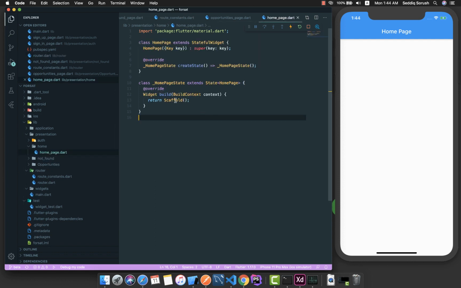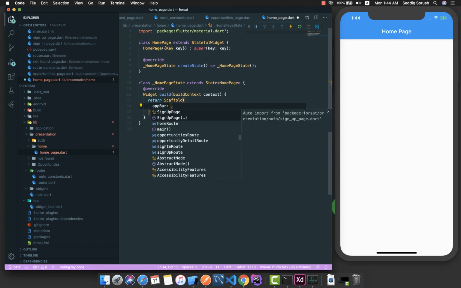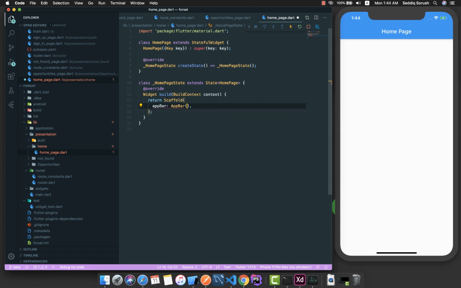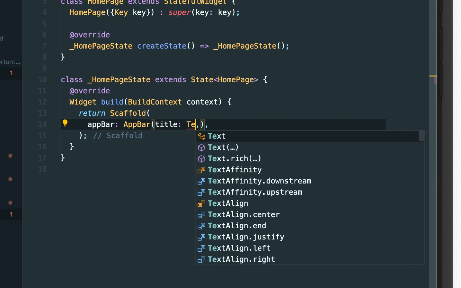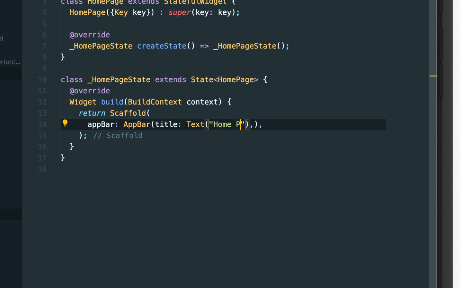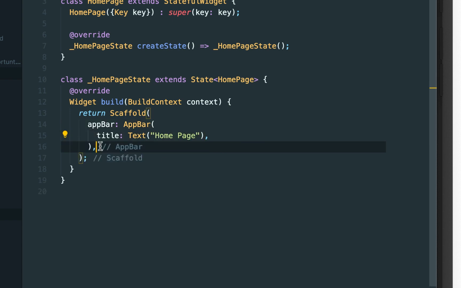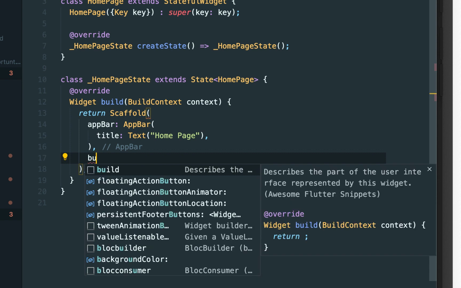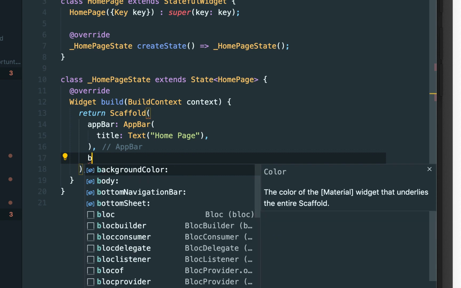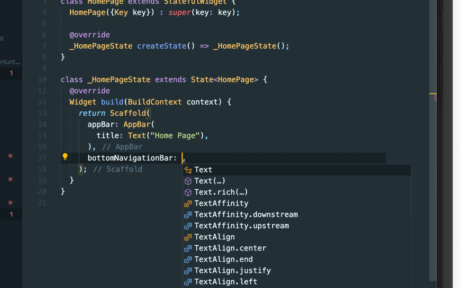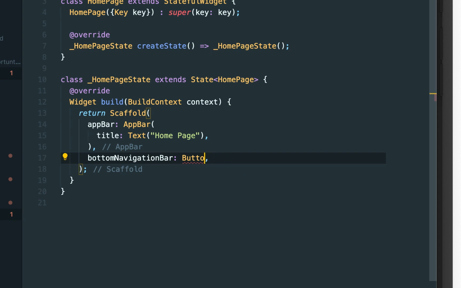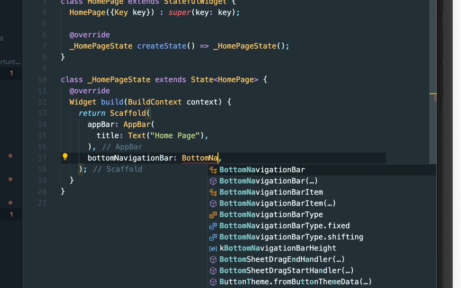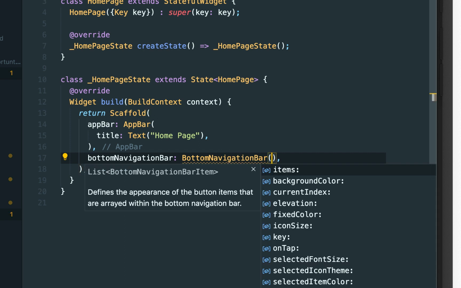But for our home page, we'll have this scaffold for now, and I'm going to put this app bar for demonstration purpose, and this app bar will have this title of text, and we're just going to return the home page. And also we have this bottom navigation bar here. So we have bottom navigation bar, and if I just do it like that,